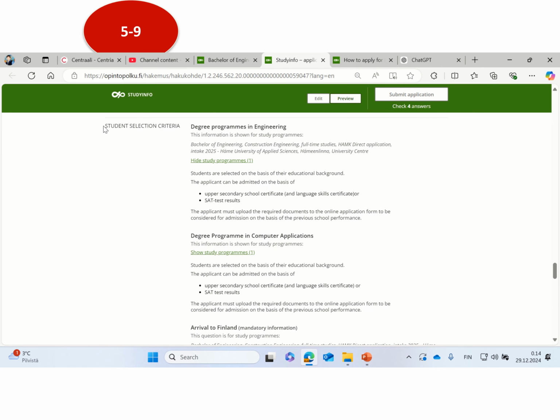Now we have table number 5, student selection criteria. This totally depends upon the requirement of the program. For example, if the program says that you need an SAT score or IELTS score, then you have to upload those certifications. For example, the degree program in engineering, the first program, the requirement says, because we chose two programs now, so this information